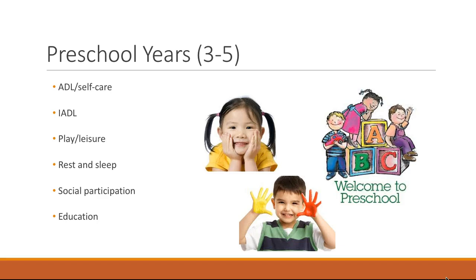ADL or self-care, preschool-age children should be starting to use a standard toilet safely or be proficient with that, climb in and out of their bed on their own, use booster seats during meals, be feeding themselves with utensils. Between the ages of 3 and 4, they can start to do simple fasteners like large buttons, and they're helping with dressing and undressing themselves.